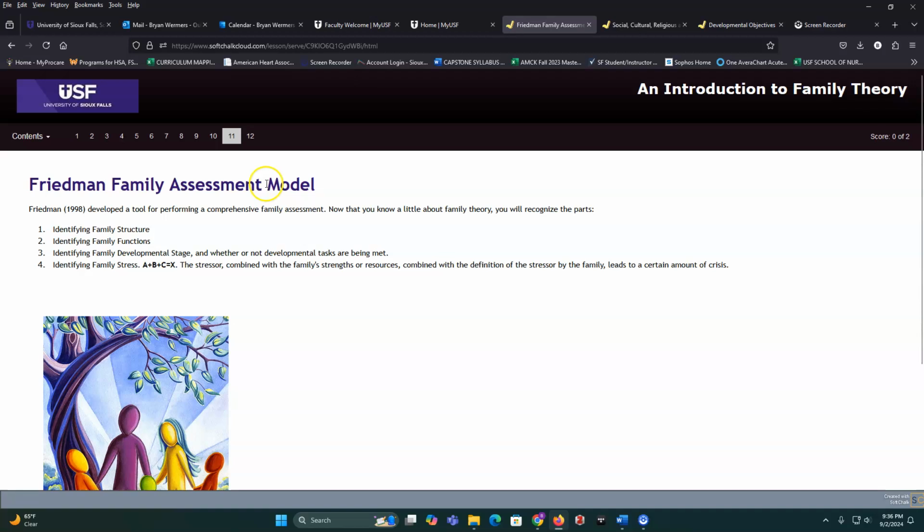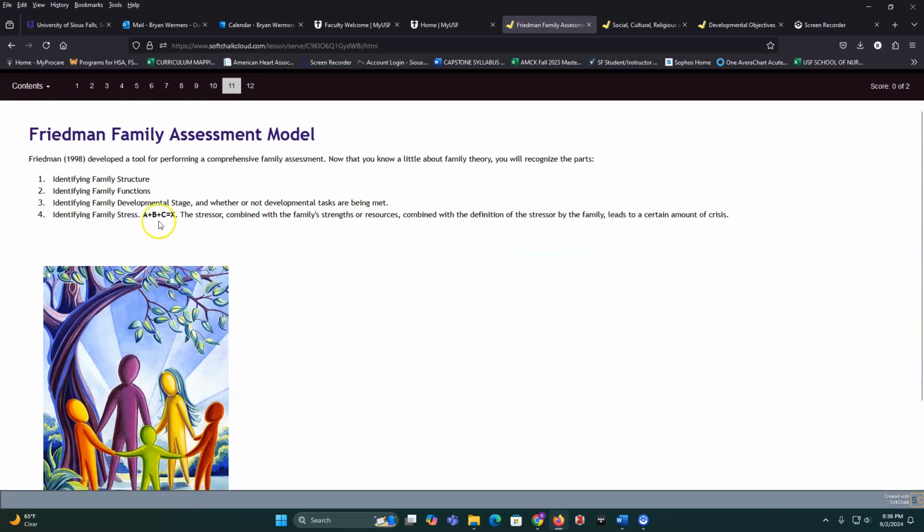So this is that Friedman that we talked about before, A plus B plus C equals X. So think about this. A way that this was described to me one time was, taking it out of the thing of a family, but even like as a personal thing. So a major league pitcher has got arm surgery. So realize that your A is looking at what that stressor is. And that could be a big stressor to them, especially since their arm is a big portion of their livelihood, their life, their income. And so think about the resources that they have. Maybe they've got top tier trainers, maybe they've got great surgeons, some money, some friends, those type of situations.